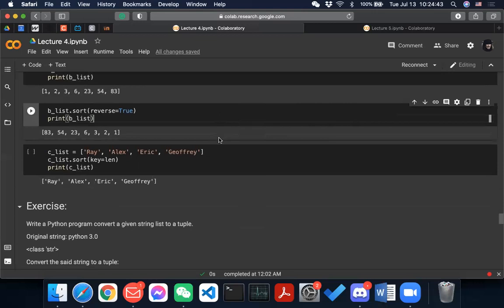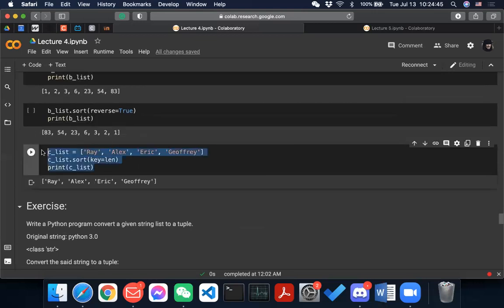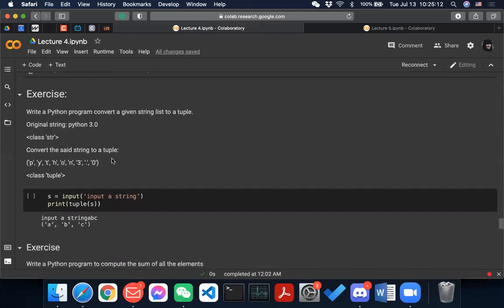So you can have a key for sorted, and that is when you specify what to sort by, right? You're sorting by what, right? So in this case, you are sorting by the length of the array instead of the actual ASCII value of the array. So yeah, that is something to keep in mind.